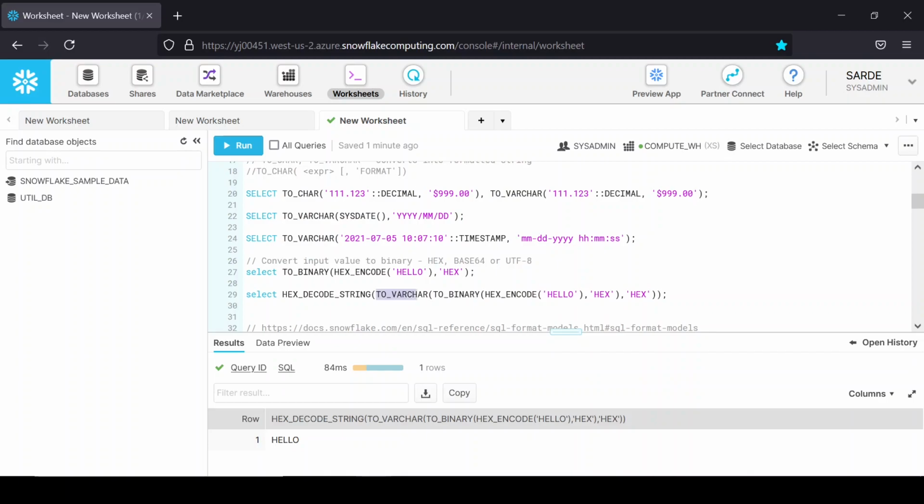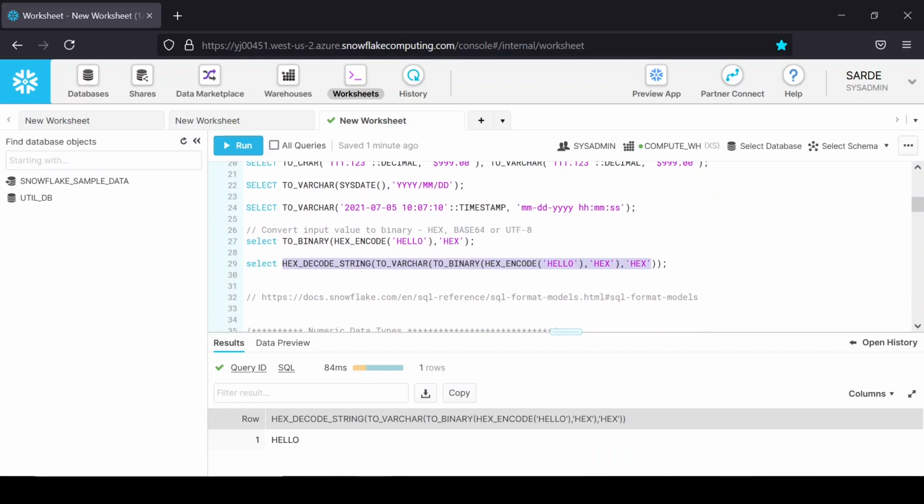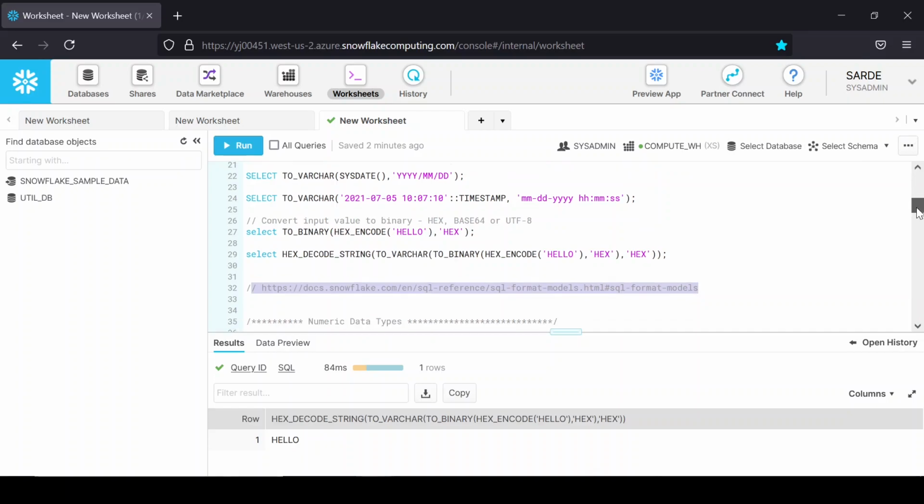Then by using the to underscore varchar function, I mentioned this is a hex value, and by using the hex underscore decode underscore string function, we have converted that hex value back to our original string. If you need more information about the SQL formats model, this comes under the SQL formats model, and you can go through this official document for that.